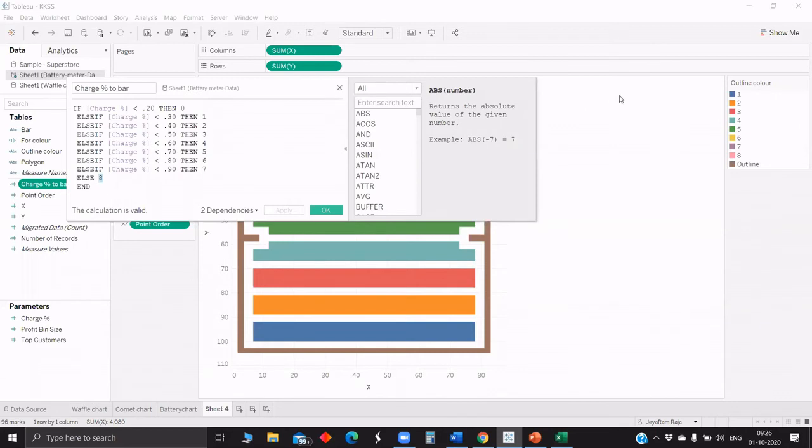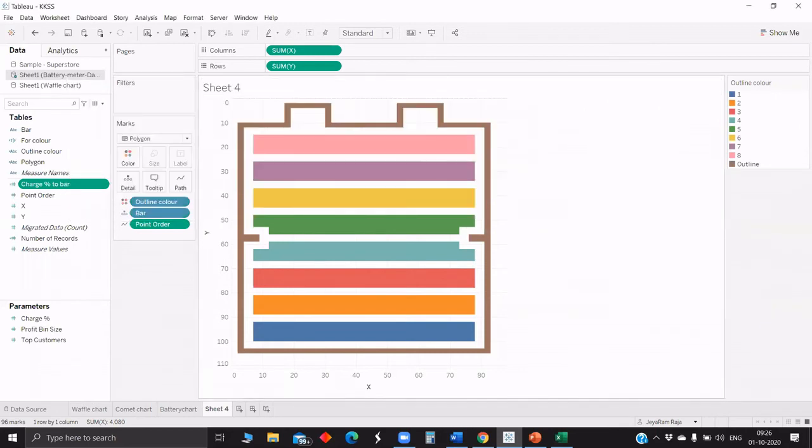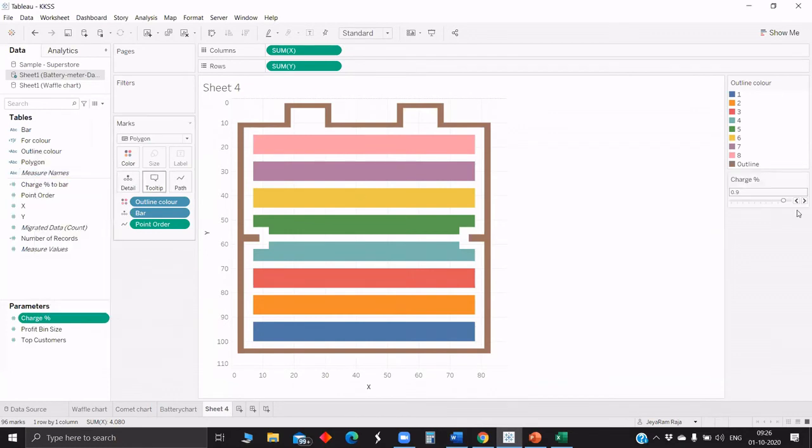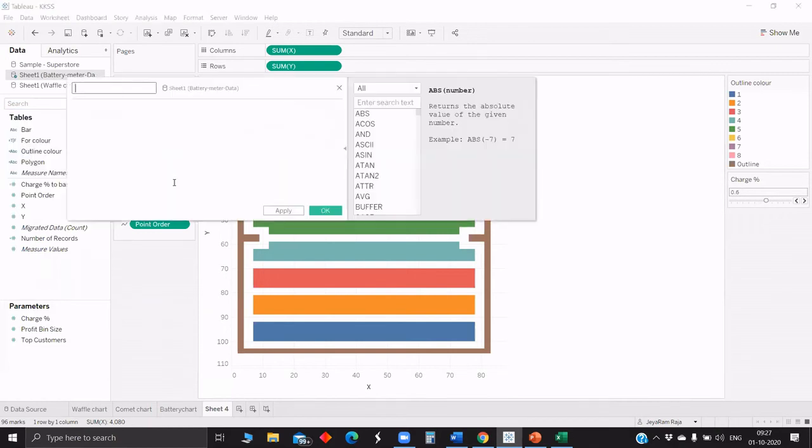Now how will we convert this charge percent to bar for coloring? So now we can see there is no interaction. Though if we show the parameter, if we try to change, there is no change. This is because we didn't include any of them in the calculated field. Now we will create a calculated field for control. We will mention the parameter. So if